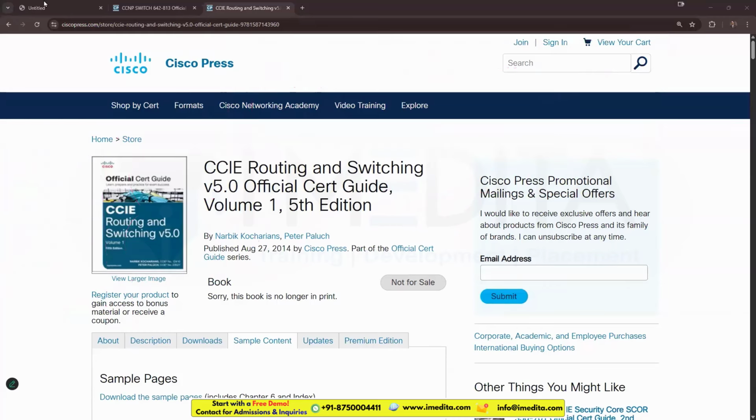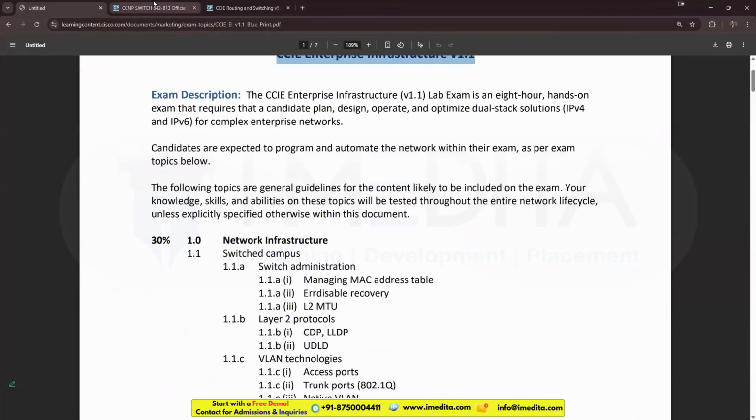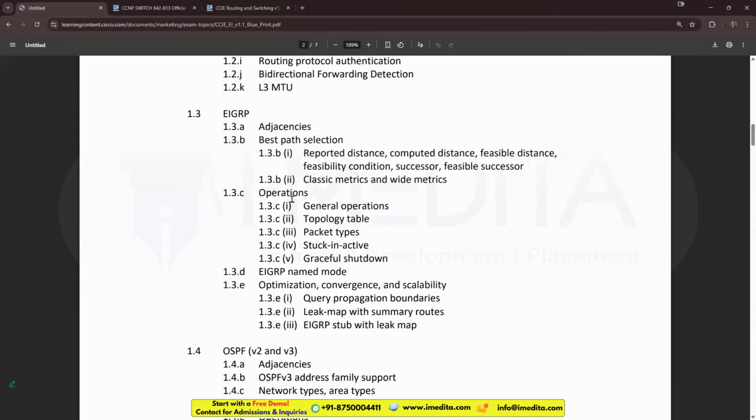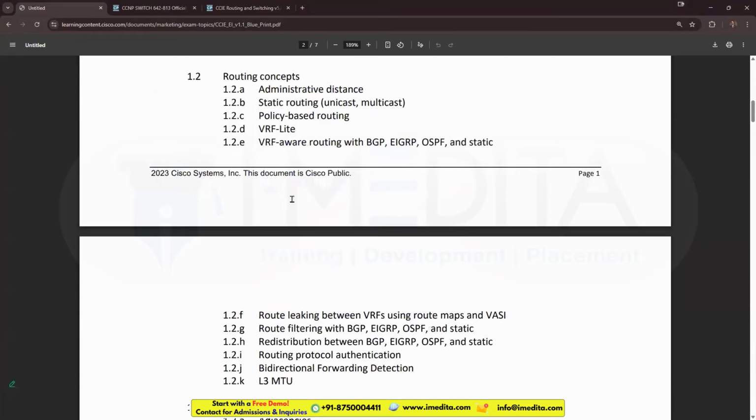You can download it also. You can download this PDF file. You can download this ENCOR document, ENCOR content PDF as well, and make sure that everything is basically covered from